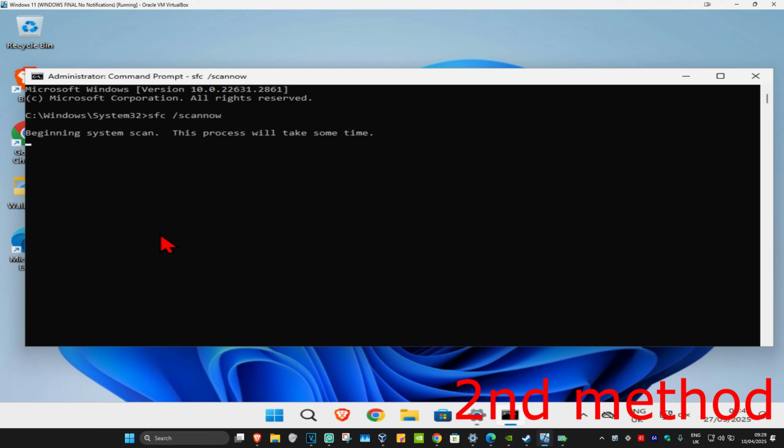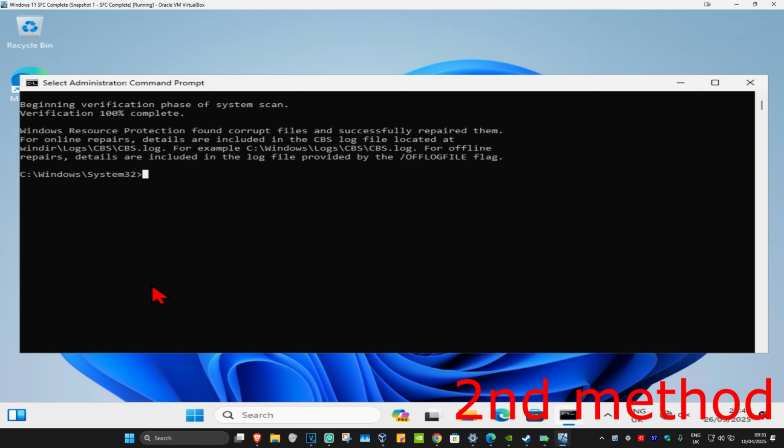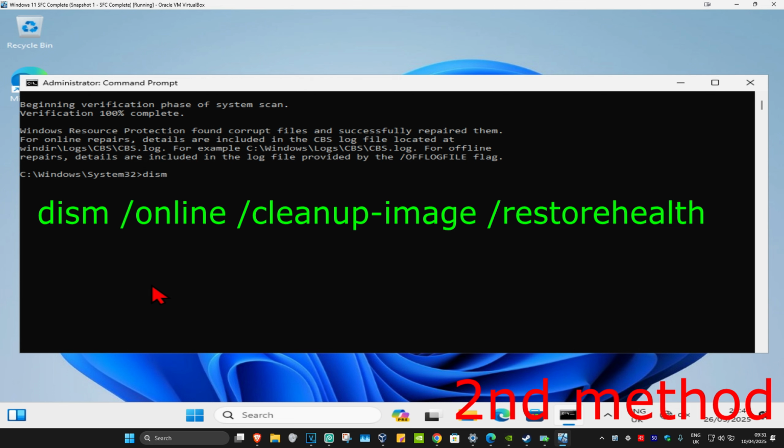Then you want to run this scan. Wait for this to load. I'm going to skip the video to when the scan will be fully completed. And then once that's been done, you now want to type in DISM /online